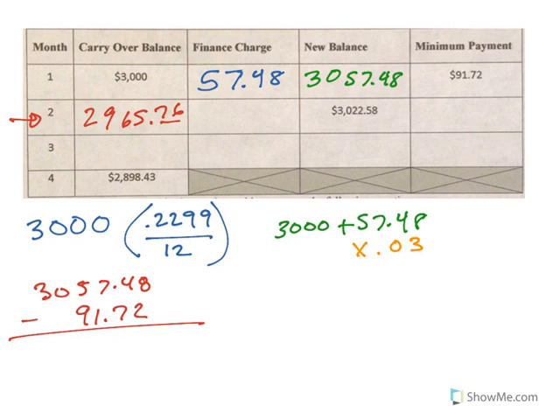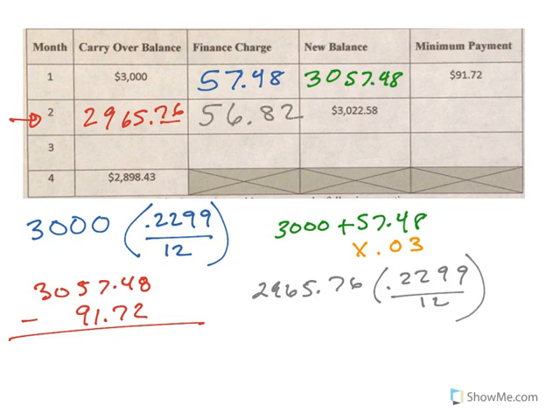So you take the carryover balance, $2,965.76, and you multiply by 0.2299 divided by 12. That gets our new finance charge of $56.82. Notice the finance charge went down a little bit because the carryover balance reduced. When I add these two together, that gives the new balance of